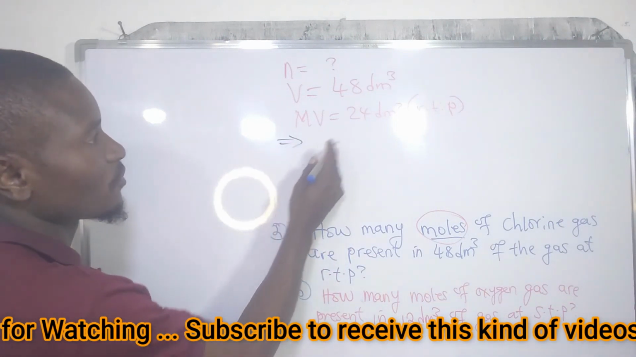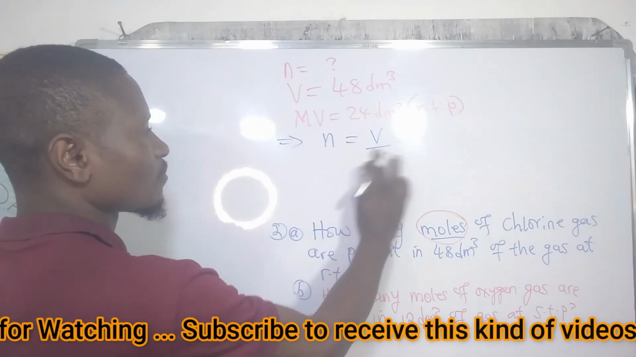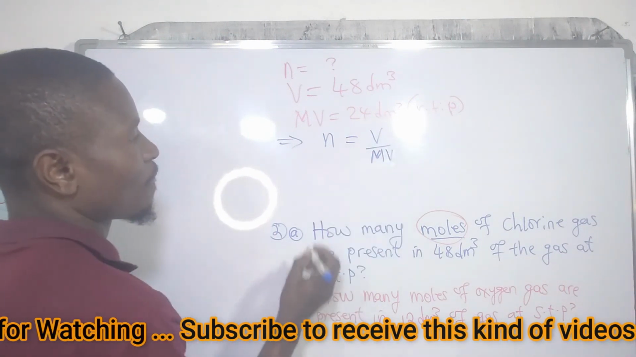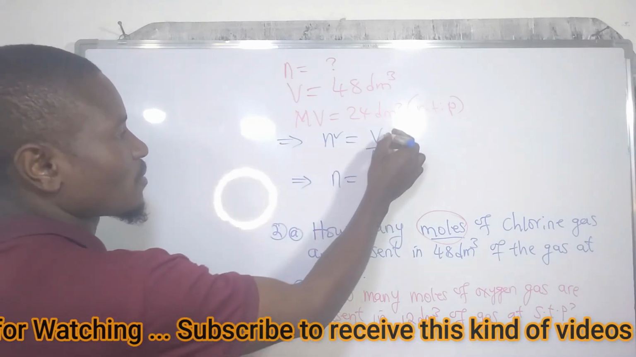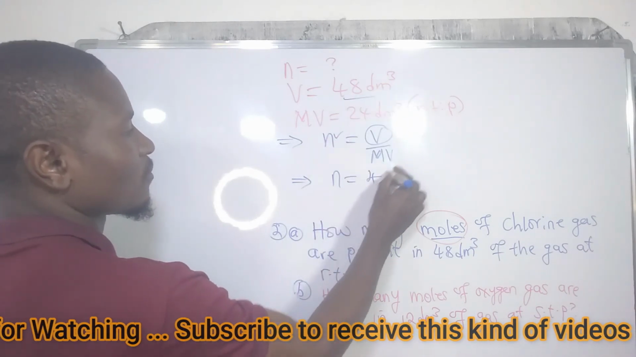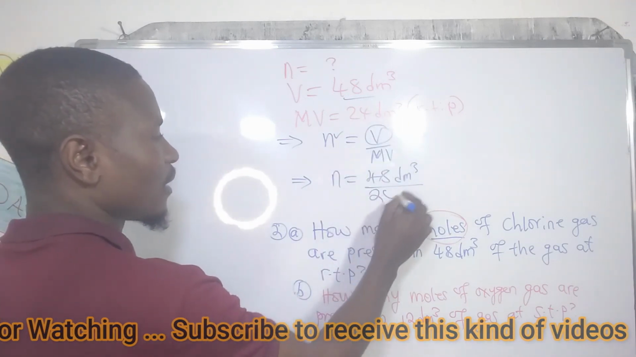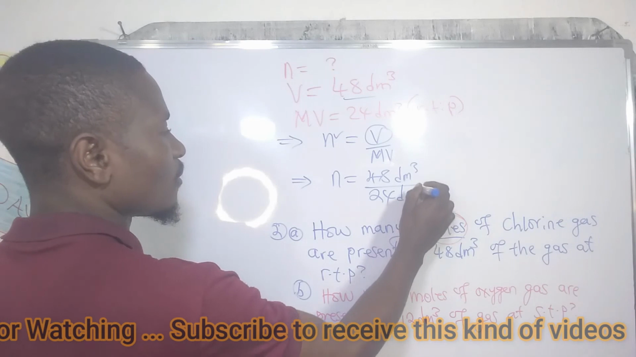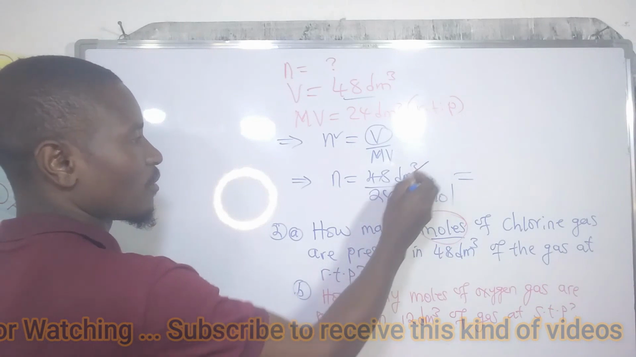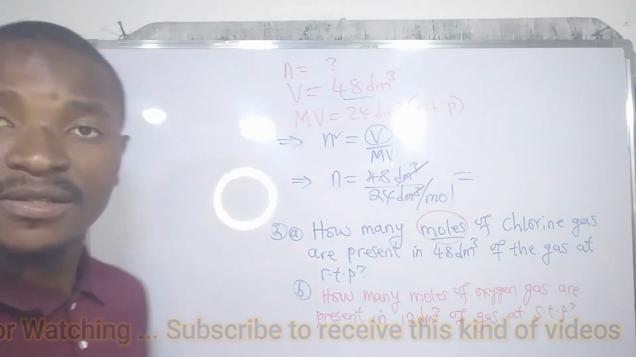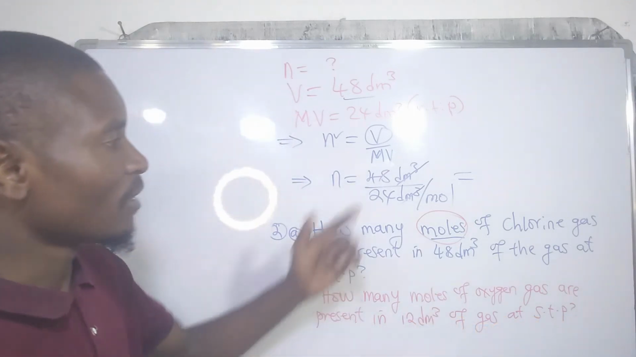So N equals V over MV. You are looking for N, so N equals the volume, 48, over the r.t.p molar volume, 24 decimeter cubic per mole. So the cubic decimeter cancels. Remember, what you are looking for is the number of moles. When you look at the units, this cubic